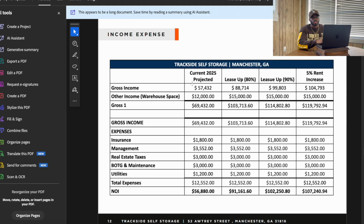A lot of this is also going to be right here. You see where it says lease up to 80% to 90% with the 5% rate increase. All of these things, keep in mind that they're showing you some pro forma numbers because they don't have it there. So I will say this one thing, right? I hate seeing pro forma. I really do. Because brokers love to sell you pro forma and they're like, hey, buy this property because it has this potential. But they're trying to sell it to you as if the potential was already realized. And I'm like, I have to buy it and then realize the potential, but